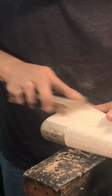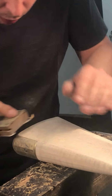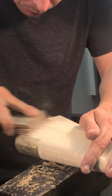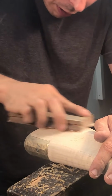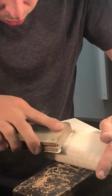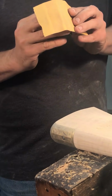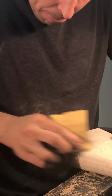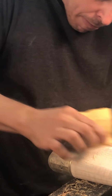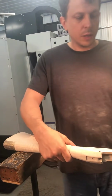Almost there. And then we'll go over to the other side. Okay, that looks pretty good. Checking the butt plate all along. And the sandpaper does go dull, so change it often, because it just slows you down if you don't. So that's the idea. So that's nice and flush, so we're good to go. On the other side,